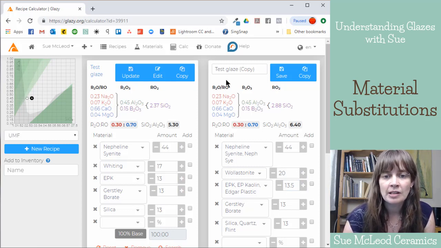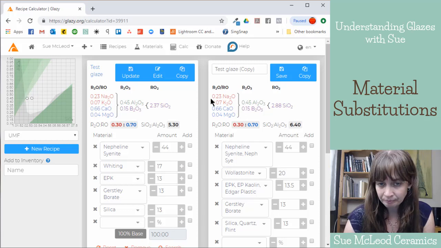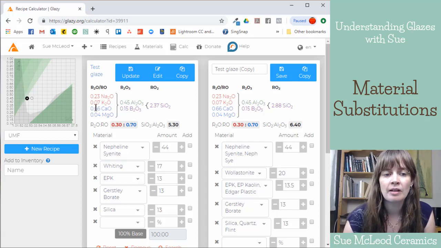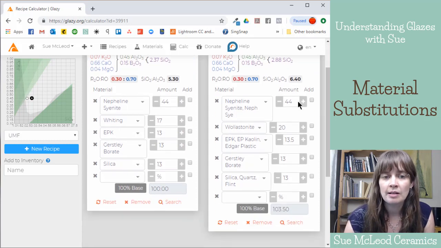And every time we change something, we always want to check back and make sure that nothing else has gone up or down. So the fluxes are all the same. Now the alumina and the boron are the same. And the last thing that we need to adjust is the silica. So we want to get the silica to